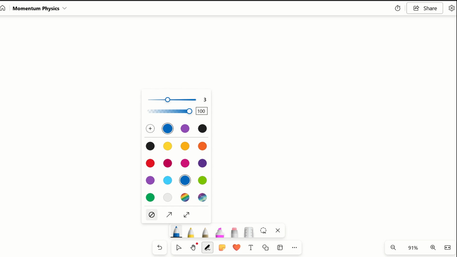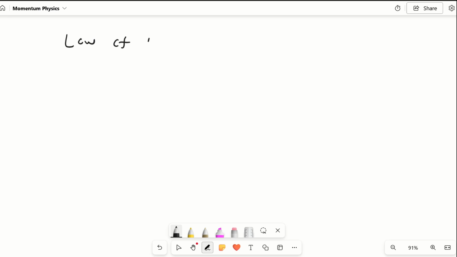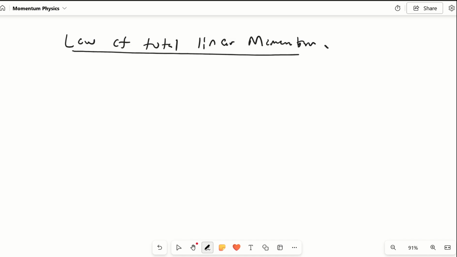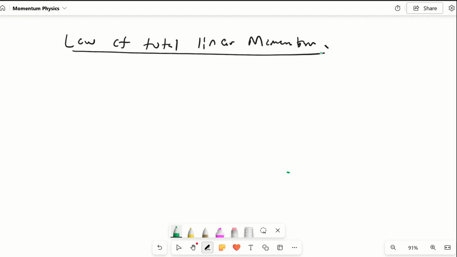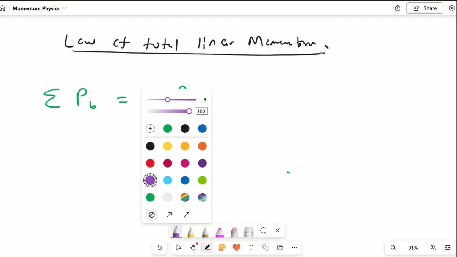Sharp. So this is what we call the law of total, or let's just say the law of total linear momentum. What this law basically implies, I'm going to explain it loosely, is that the total momentum before is equal to the total momentum after a collision or interaction. What do I mean by that? As an example,